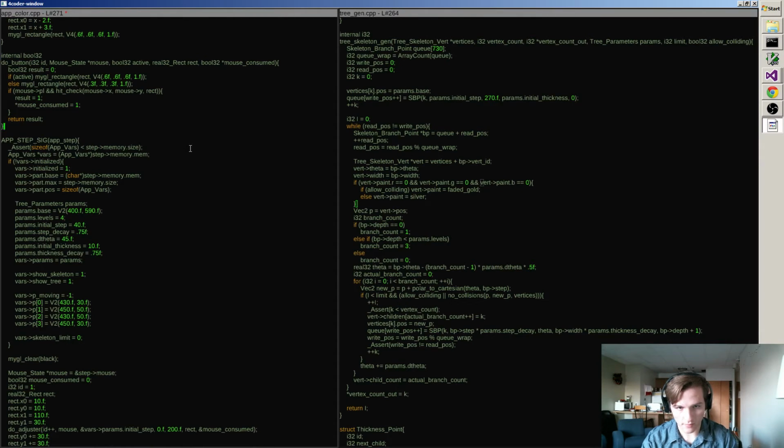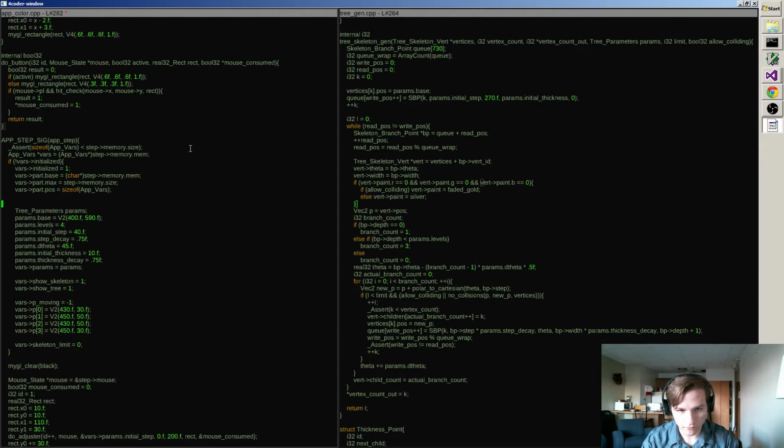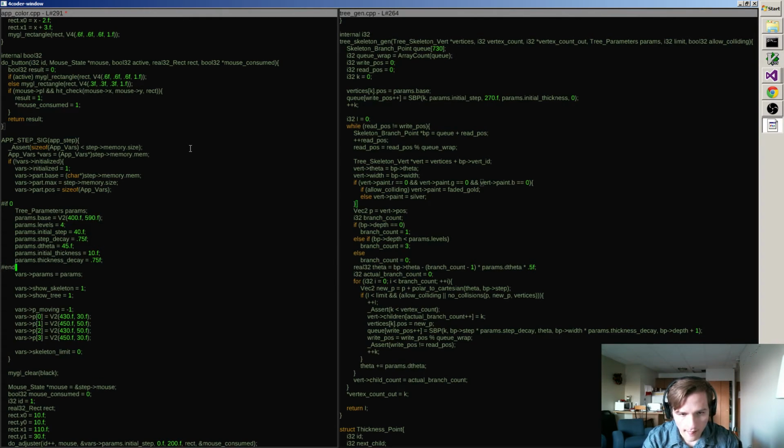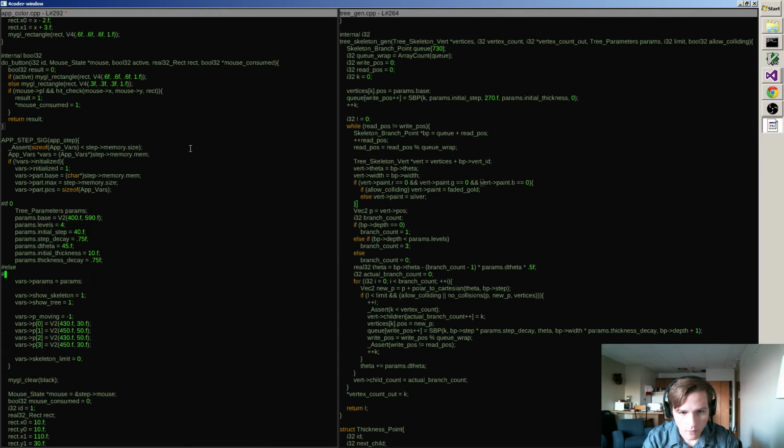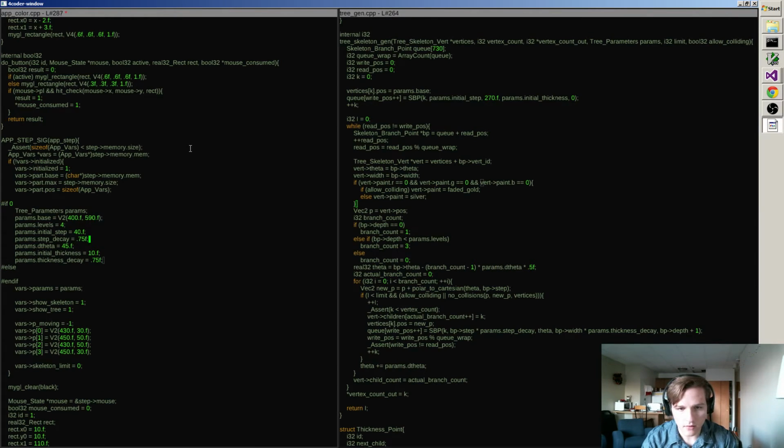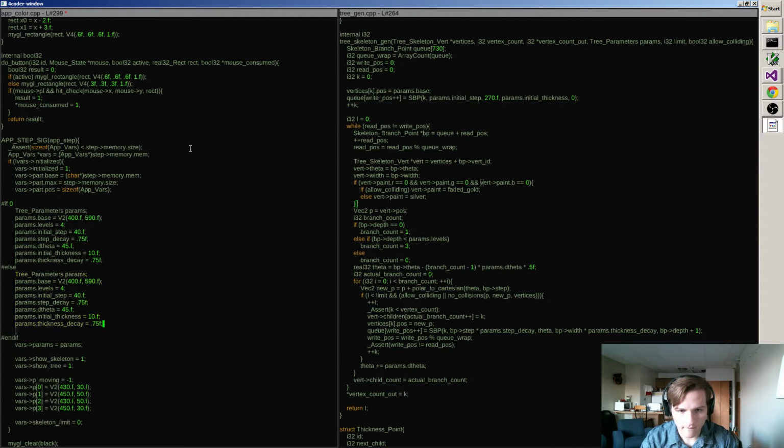Well, here's how I prefer to do it. I'll if0 this out for now, and we'll have an else area where I can grab a copy of this and then plug everything in. So the base is whatever it was, levels of 4, initial step 182,